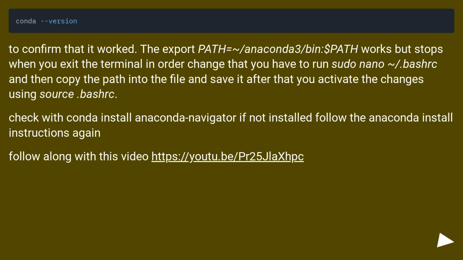In order to change that, you have to run sudo nano ~/.bashrc and then copy the path into the file and save it. After that, you activate the changes using source ~/.bashrc. Check with conda install anaconda-navigator. If not installed, follow the Anaconda install instructions again. Follow along with this video. This URL